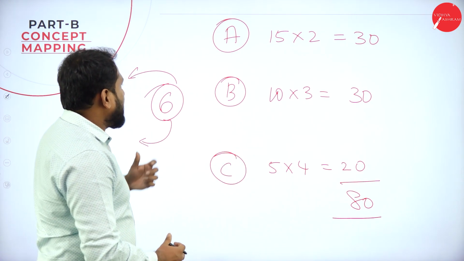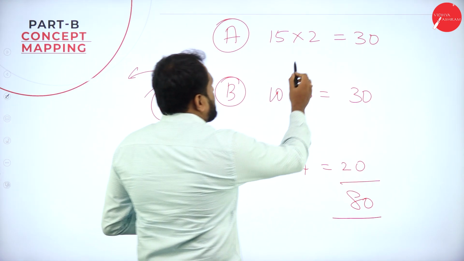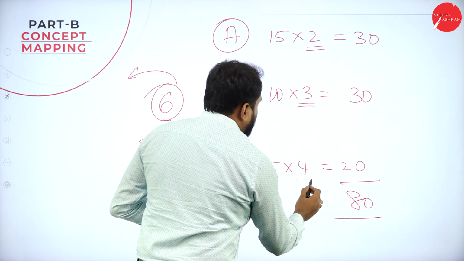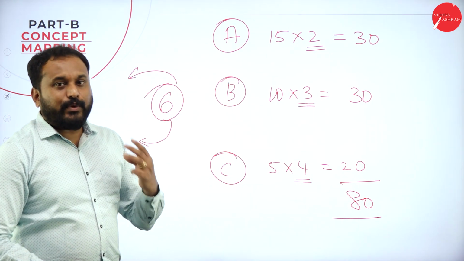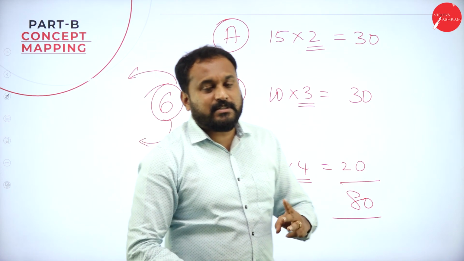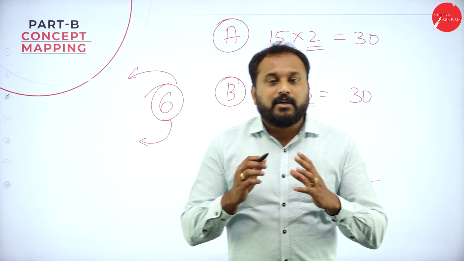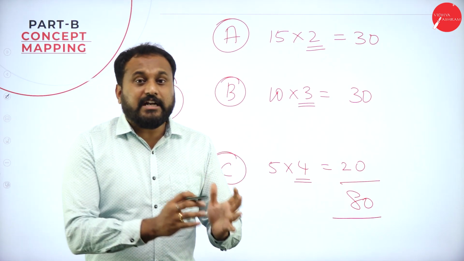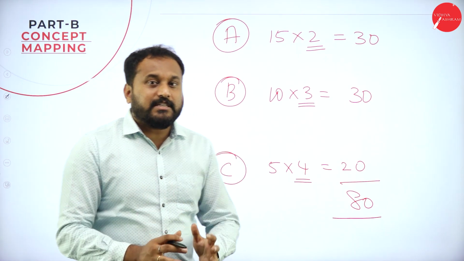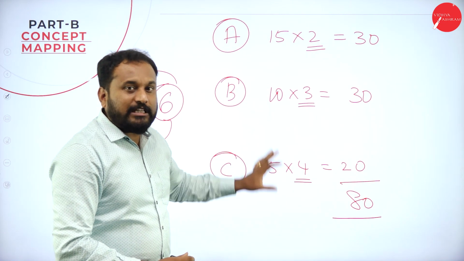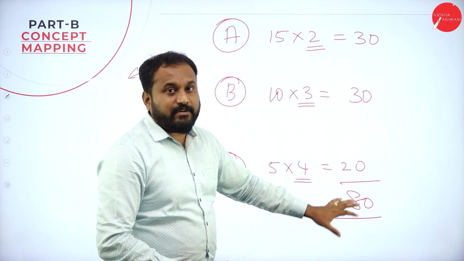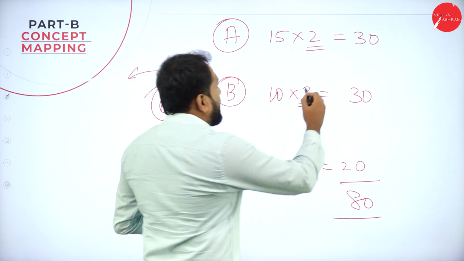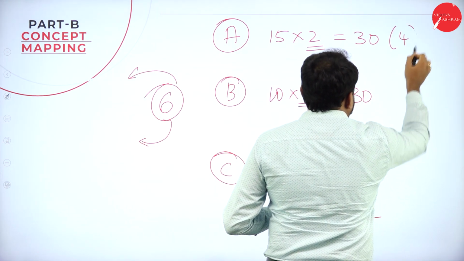How to do it? See, for example, how many questions are you supposed to write here? Only 2. Here it is 3. Here it is 4. Stick with 3 chapters. How many chapters? 3 chapters, and I'll tell you, you can get more than 70, say 75 marks from these chapters. Only 3 chapters and you will get 75 marks. How? Sir, you have studied 3 chapters. So here there are 4 chapters.